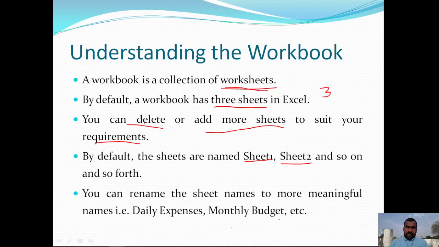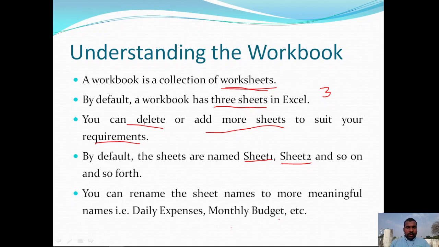So by default, three worksheets are available. If you want to add more you can, if you want to delete you can, if you want to rename you can. You can perform anything based on your requirement.